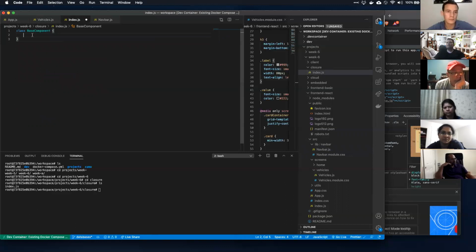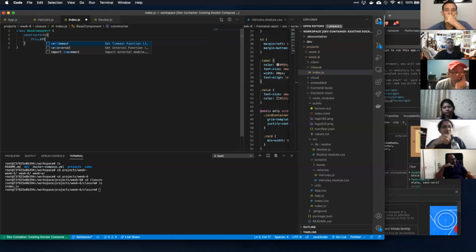And so inside of this base component, like every good object-oriented programming language, we have a constructor. What does a constructor do? It's a method that gets run when the class is instantiated and made an object. And so you can do things here, and within the context of React, we need to give it a state. So we'll just say this.state